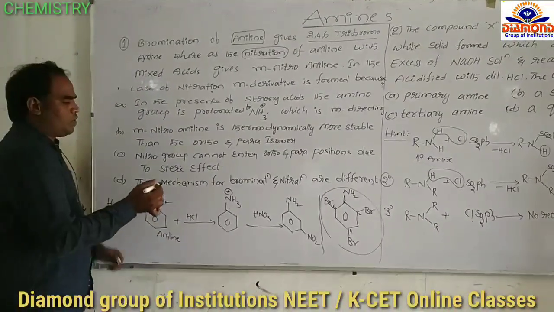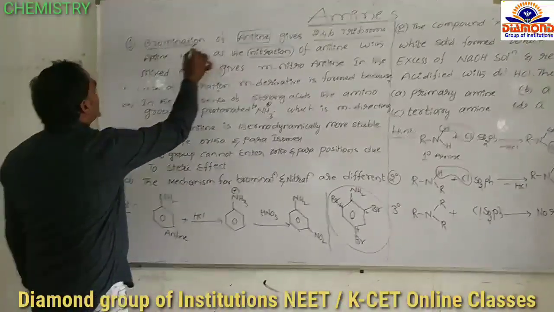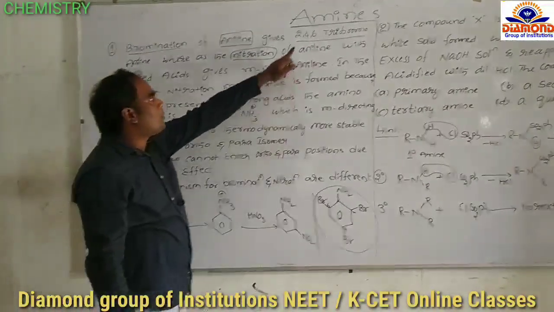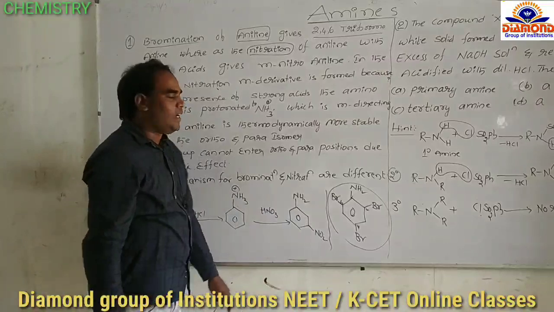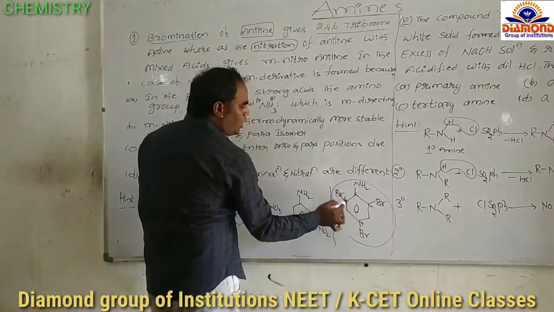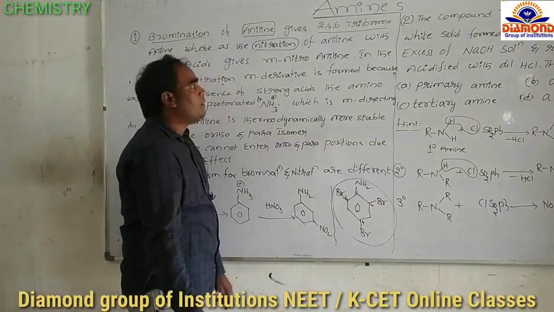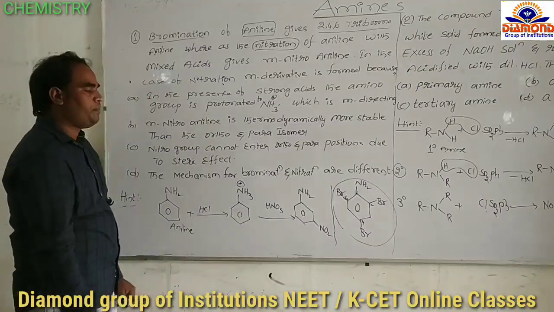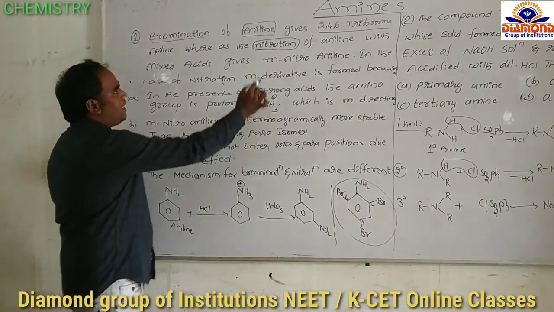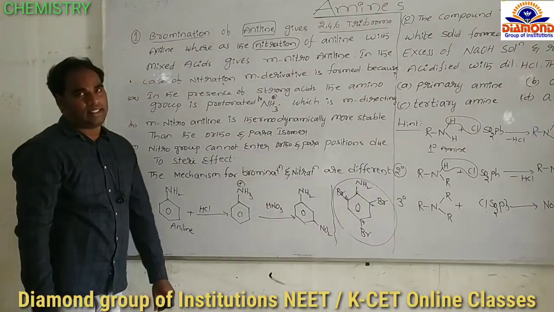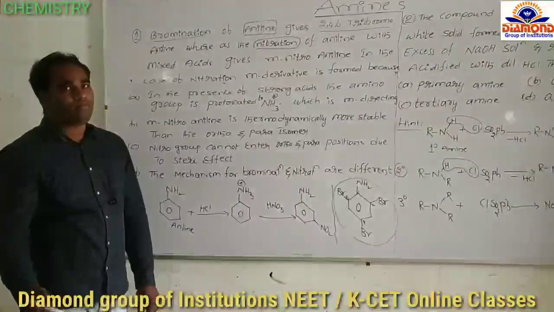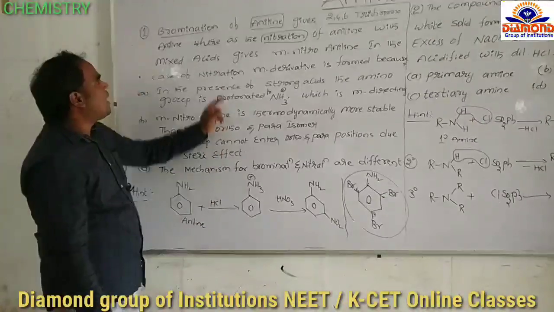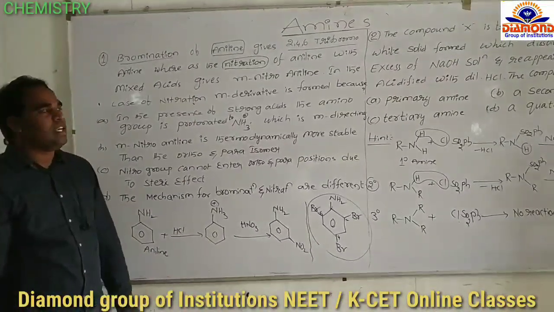So here, the first statement: the reaction is bromination. If aniline undergoes bromination, the product is 2,4,6-tribromoaniline. Next, here is another question: nitration of aniline with mixed acids. We already know that for nitration, the acids required are HNO3 and H2SO4. So the nitration of aniline with mixed acids gives